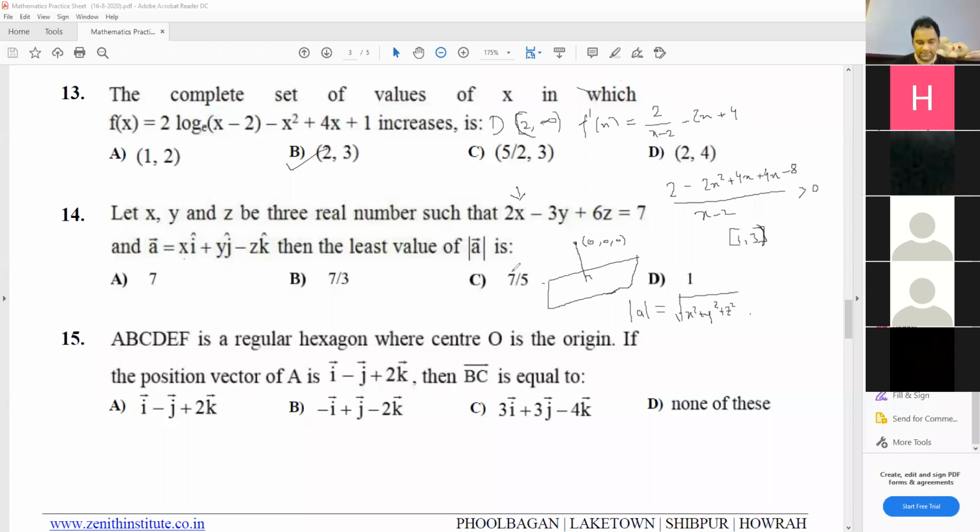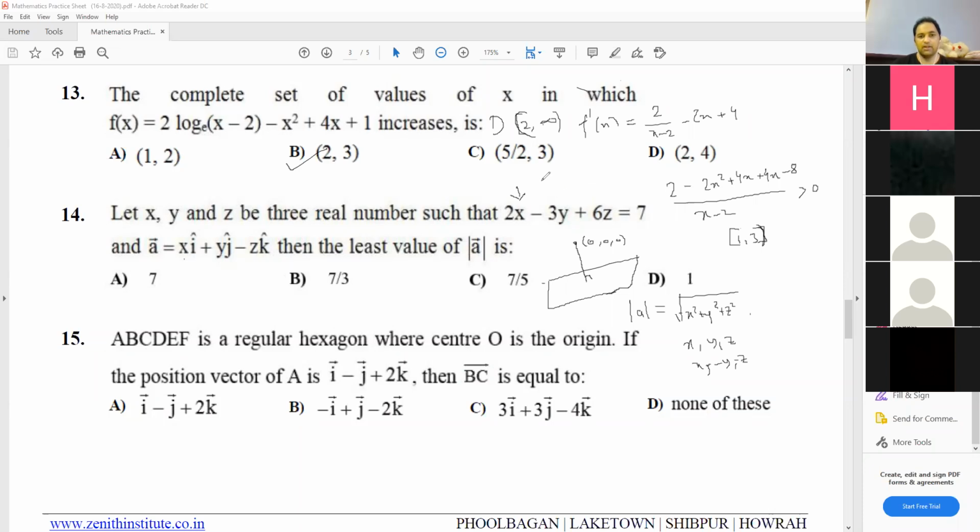Look, think of it in this way. If we say that the mod of a vector is root of x square plus y square plus z square, how many vectors can it represent? Infinite, technically. So with our x, y, z we can choose any sign. We can choose the vector as x, y, z. We can choose the vector as x, minus y, minus z. We can put any sign. Okay. So suppose we choose the signs like this.